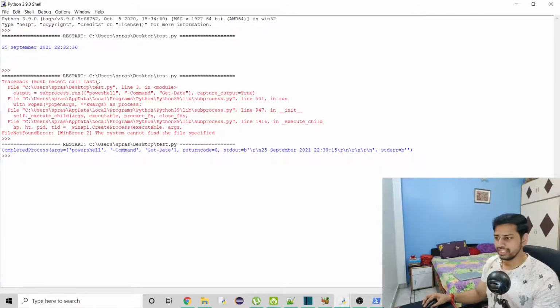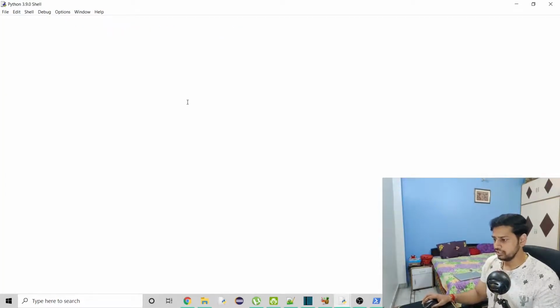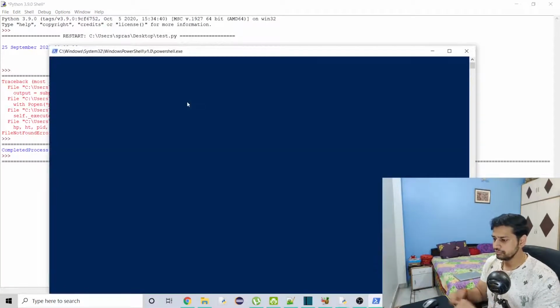But we know that Get-Date is not going to create any problem, so I'm just going to directly get this one. But in your case, whenever you want a foolproof application, you should think of worst case scenarios, which is like it could not be 0. If it isn't 0, you have to think like that also. So I'm just going to get this and print here, and then let's see what we have.